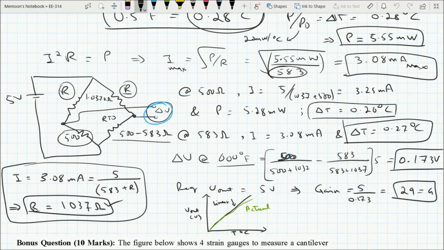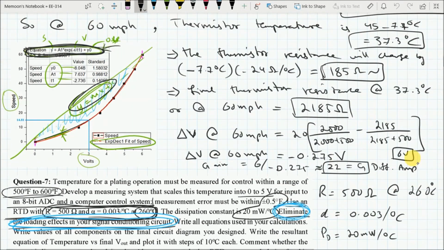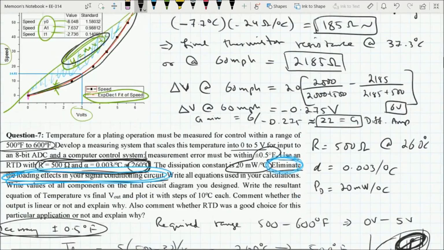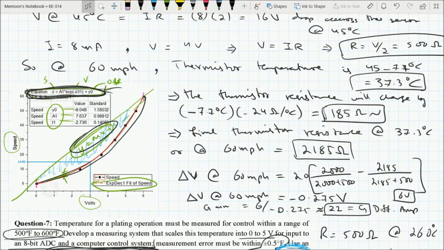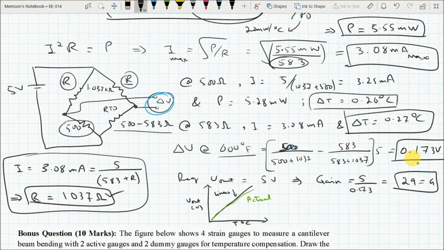It is fairly close to linear in very small ranges of V out, and that is what we are getting here, but in larger ranges it is fairly non-linear. In our previous example we saw that it was very non-linear. Again, that was also a bridge circuit, but it was extremely non-linear because it was being operated in a wider range. But in this second example, your actual curve was closer to your linear curve than in the previous example, still not precisely linear, but with lower errors.